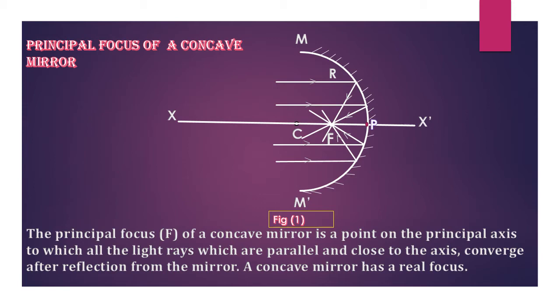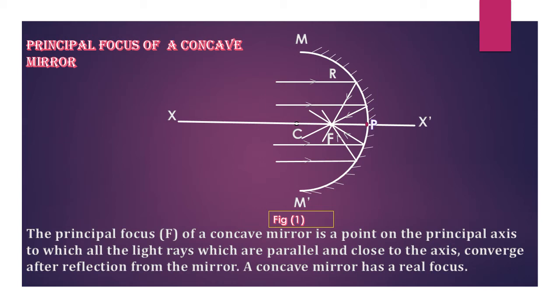Look at the diagram very carefully. Let us define principal focus, focal length, and find the relationship between radius of curvature and focal length. Children, you know that a concave mirror is a converging mirror. It converges the light rays after reflection, that we have just discussed. So here you can see a parallel beam of light incident on the reflecting surface of a concave mirror, and after reflection they are meeting at a point, and that point is noted by the letter capital F, and that represents the principal focus.